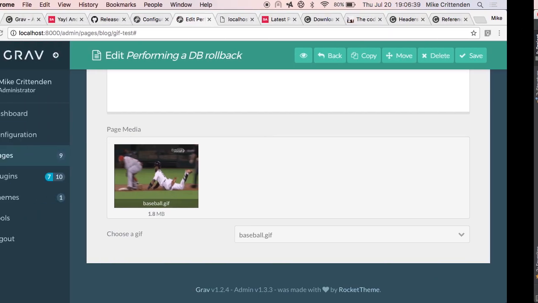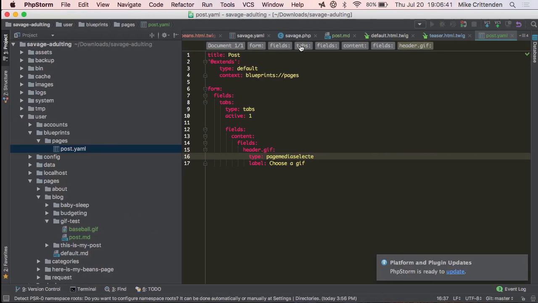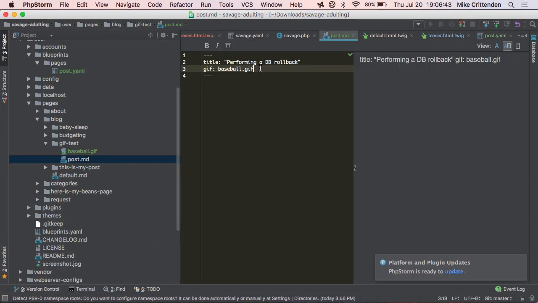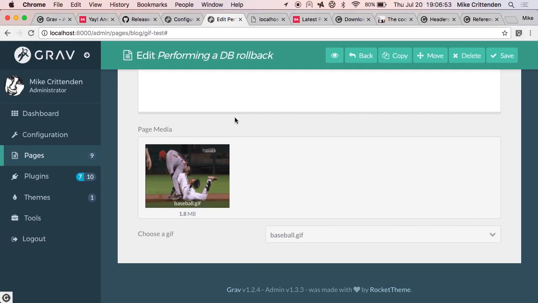Changing the value here would just change it on the Markdown file in the YAML. So, I mean, what was that, like 30 minutes? We cloned a Grav site, we learned about how it's built, and added a new feature to it. And that's really it. All I would need to do to push this feature to production is just git add, git push, and git pull on production, and it's there.